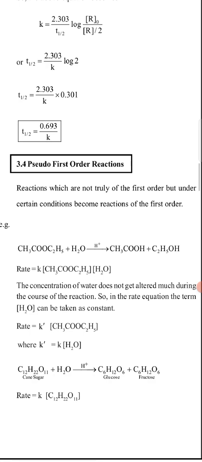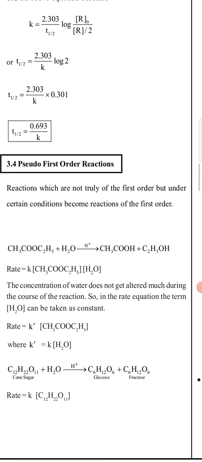And whenever this reaction happens, it is called a pseudo first order reaction. Just like rate equals k, for that we can write CH3COOC2H5 and H2O. Here we can see that CH3COOC2H5 has power 1 and H2O has power 1. So the total power should be 1 plus 1 equals 2, but actually it is not, because H2O is present in high amount, so its concentration we consider as unity. So 1 to the power 1 equals 1.